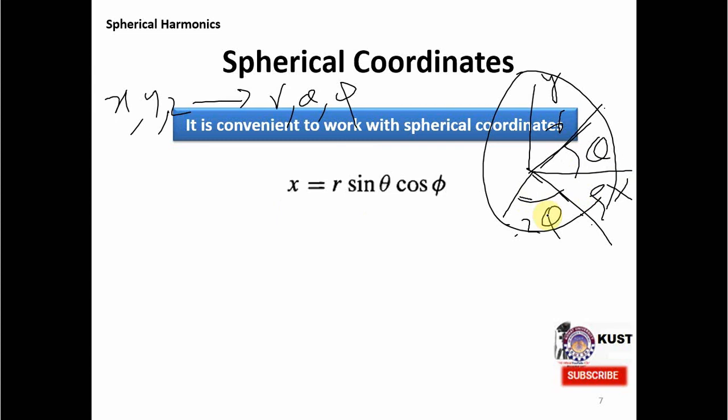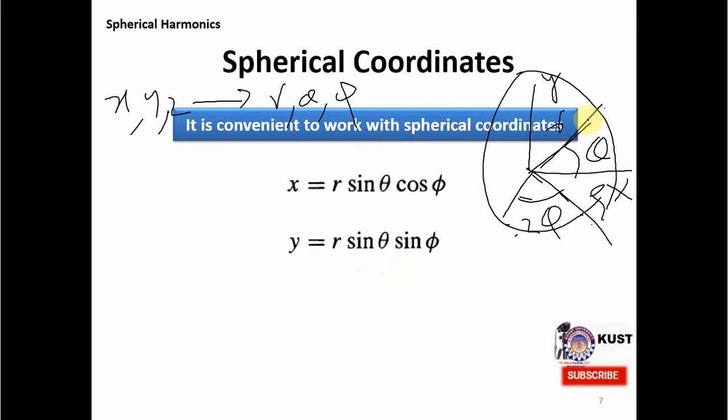At the moment, I have just given you the hint. It's a very elementary calculation. You can find it in any book, and you can see that x is equal to r sine theta cos phi. Quickly, just telling you how you can do this: in this diagram we have r, that is the radial vector, and then we have theta, and there is a projection. The perpendicular component of the projection is r sine theta, and this projection makes an angle phi, giving the component cos phi. That's why x is equal to r sine theta cos phi,